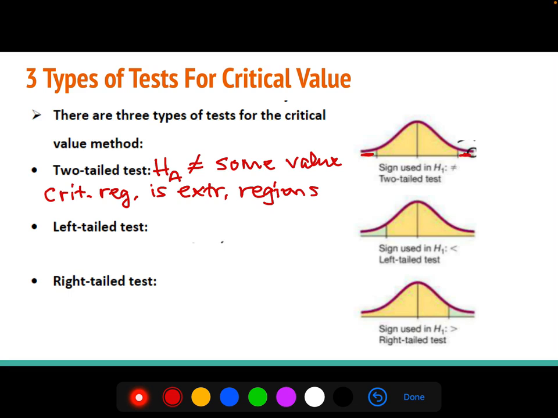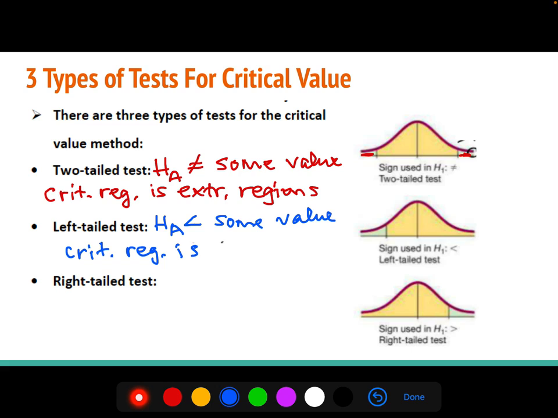That's there and there. Two-tailed, not equal to, is going to be both ends. A left-tailed test is when your alternate hypothesis is less than some value. And that's going to be your critical region